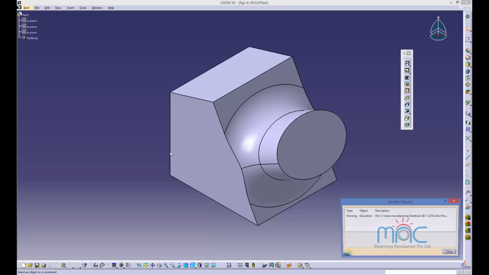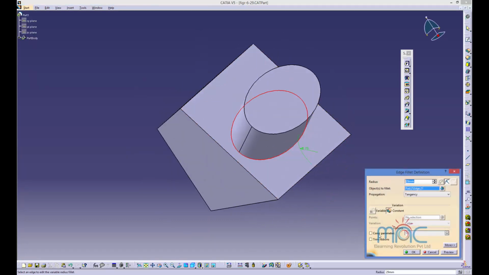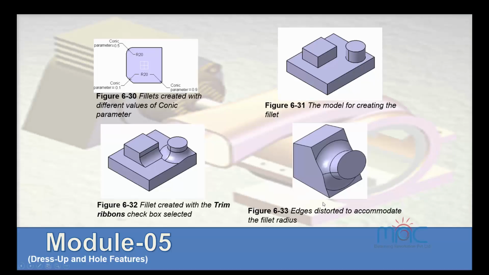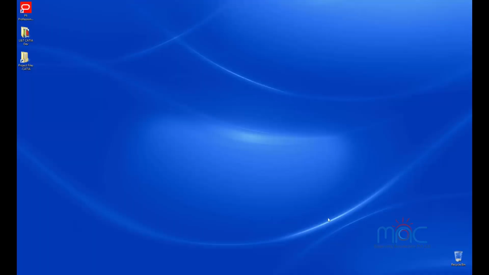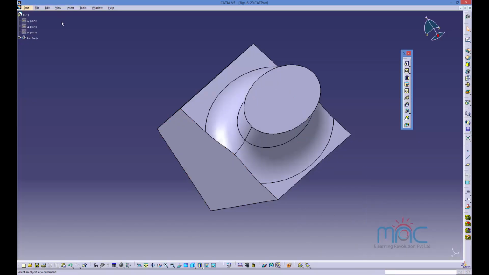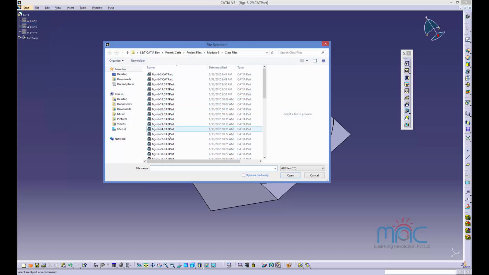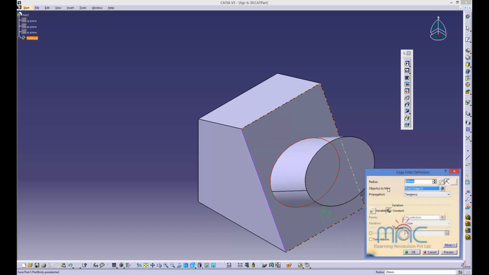If you look at this particular example without using this option, and look at the edge here, it is disturbed to accommodate the fillet radius, and if you try to use the model after retaining the edges, compare with this final output. Here you can see the preview. If this is the output and you try to use this,